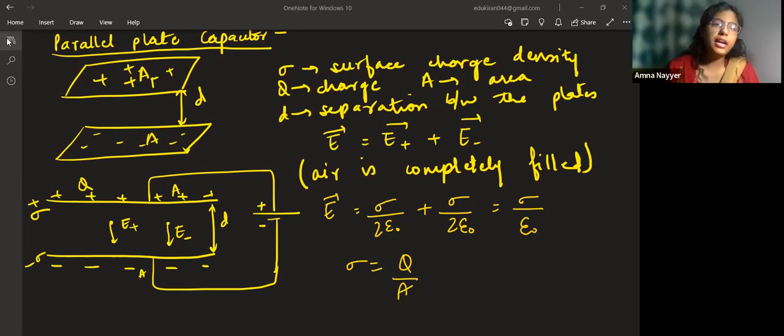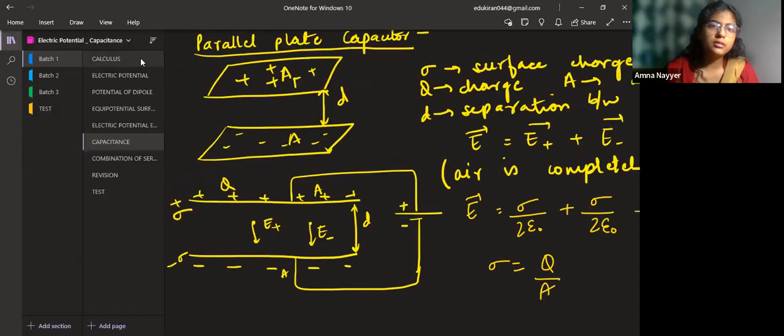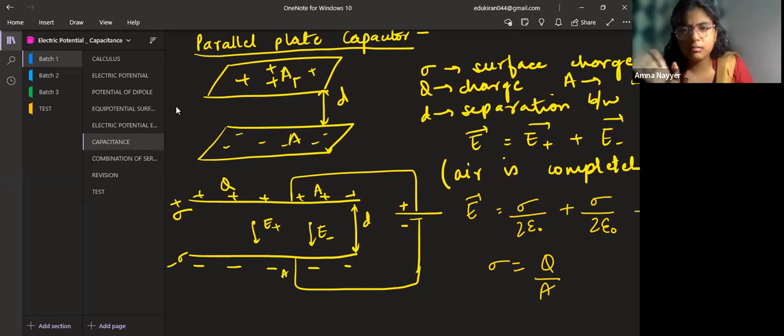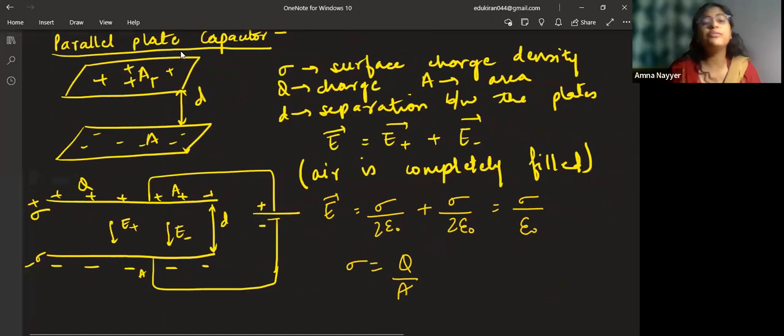See, I'll take a test on Friday. This part, not even the calculus, this won't come separately. Electric potential, potential due to dipole, equipotential surface, and electric potential energy. These four, all the topics that we have discussed in electric potential, are your syllabus for Friday's test. Capacitance I'll not ask. First chapter I'll not ask. Separate questions for calculus I'll not ask. But at least you should be thorough with these four topics, and all of you should appear for the test. In the last test, all of you didn't appear.